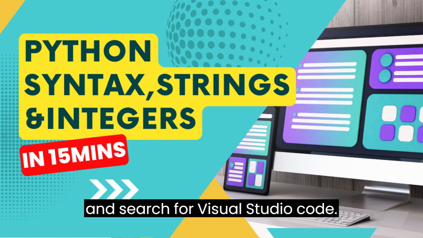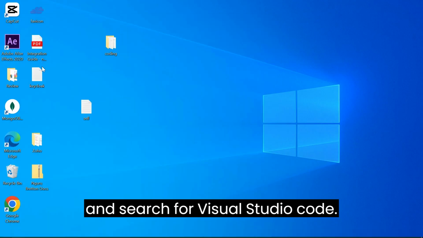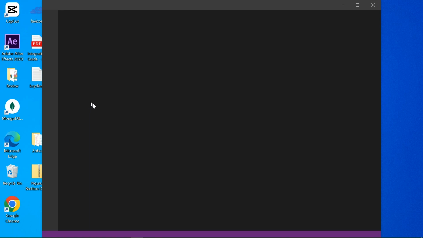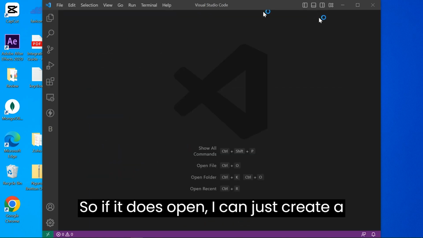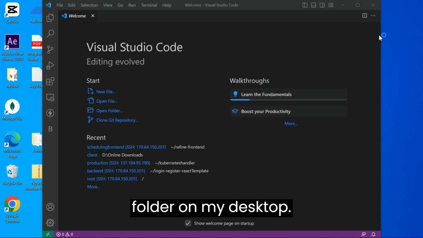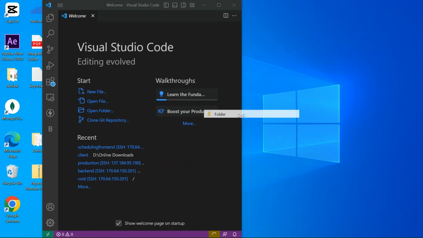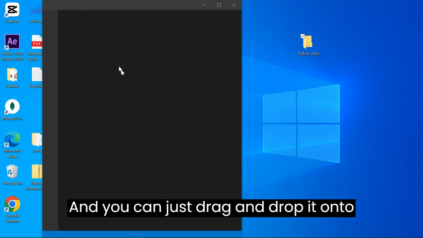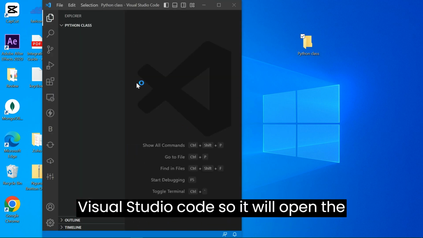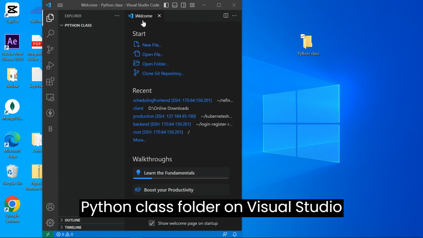So just go and search for Visual Studio Code. So after it has opened, I can just create a folder on my desktop. Here, new Python class. Then you can just drag and drop it onto Visual Studio Code, so it will open the Python class folder